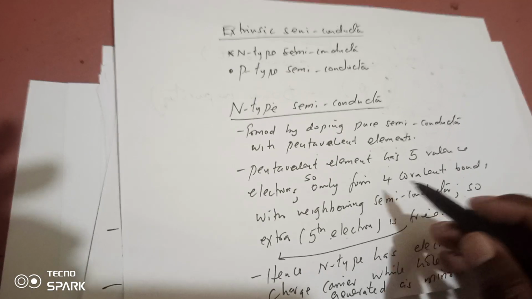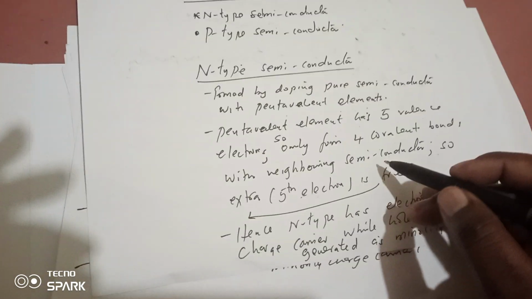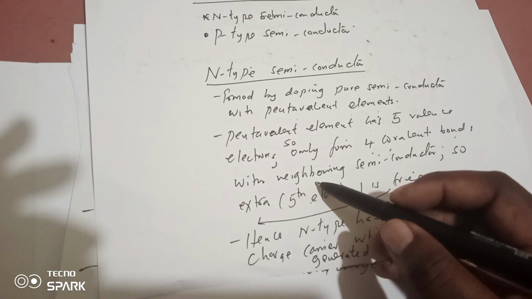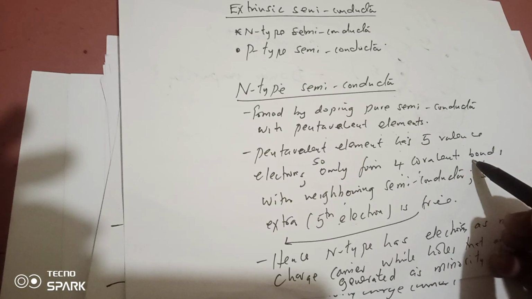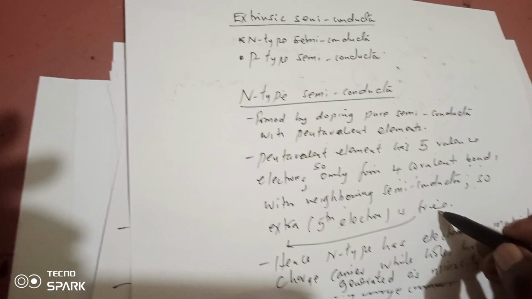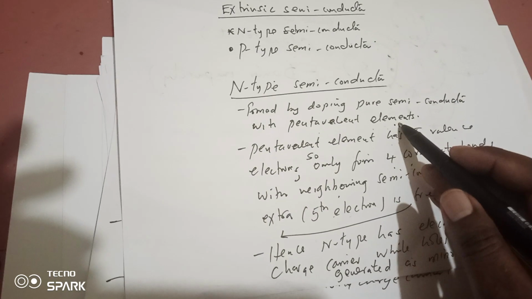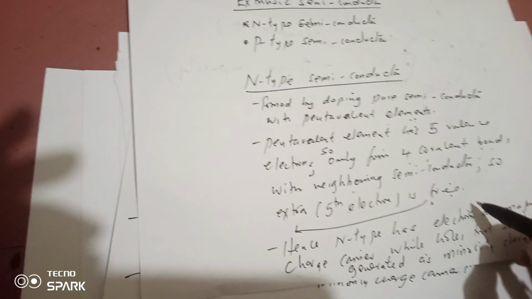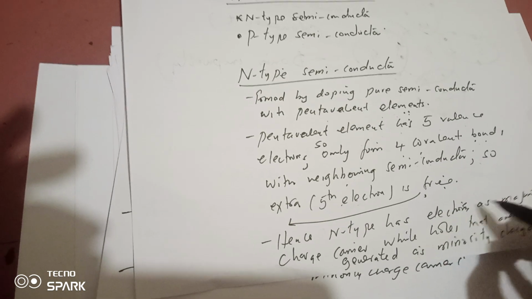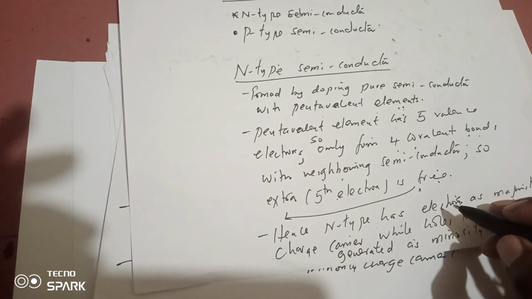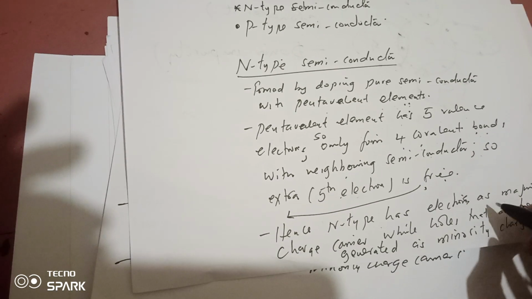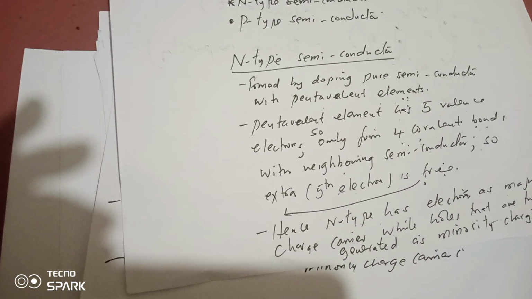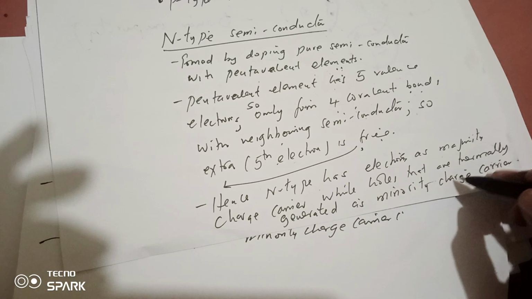So when it is bonding with a pure semiconductor, like silicon or germanium, that has 4, they only form 4 covalent bonds, leaving one extra electron from the pentavalent element that has 5 to be free. And this is the reason why these free electrons become the majority. That's why N-type is regarded as having electrons as majority charge carriers, while holes are minority charge carriers that are thermally